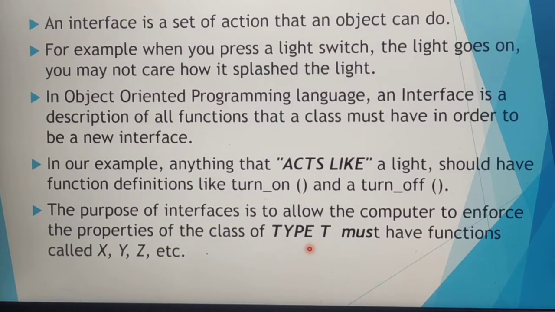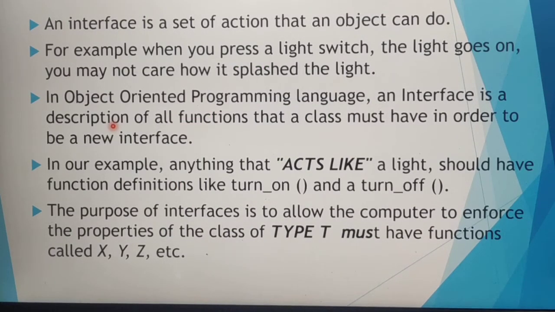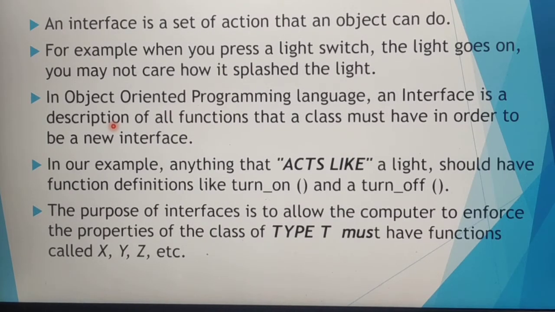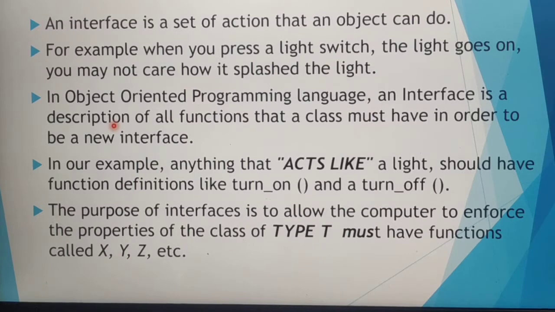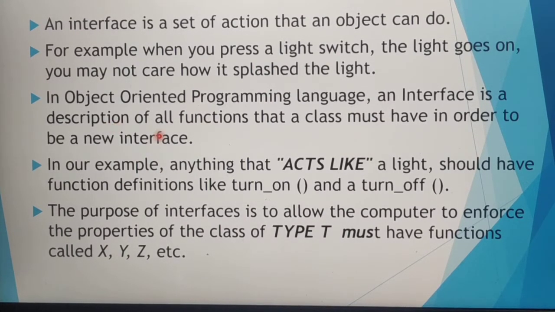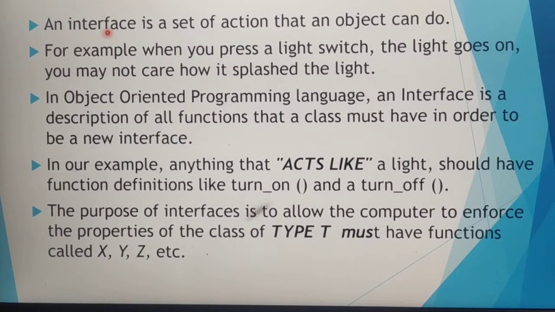First, let's see what an interface is. Actually, an interface is an intermediator between two objects. We know the operating system is an interface between the user and computer hardware components. Like we know Google Maps, Google Maps also guides the user by its route map. Like that, an interface contains a set of actions. Here is the definition: an interface is a set of actions that an object can do.